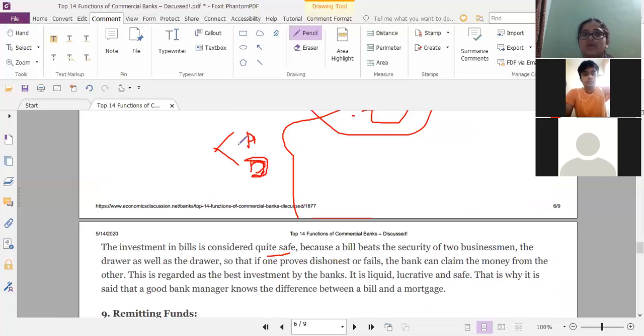So in case A doesn't pay, then the bank can go to this D person, right? So the bank gets double security. So that's why it is considered to be more safe. If one proves dishonest or fails, the bank can claim the money from the other. This is regarded as the best investment by the banks. It is liquid, lucrative